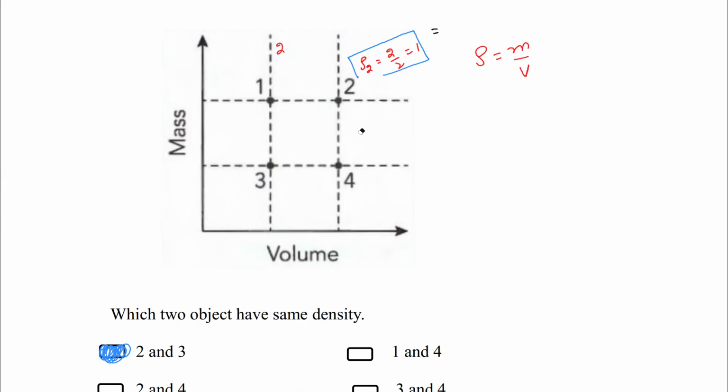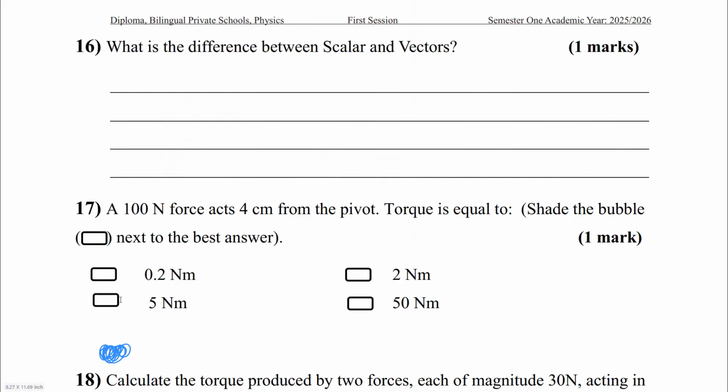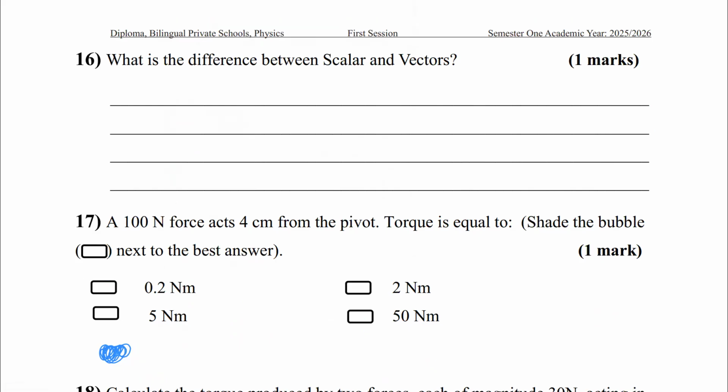Okay, so the next question is question number 16. It is the simplest question, about the difference between a scalar and a vector. So the definition of scalar is: